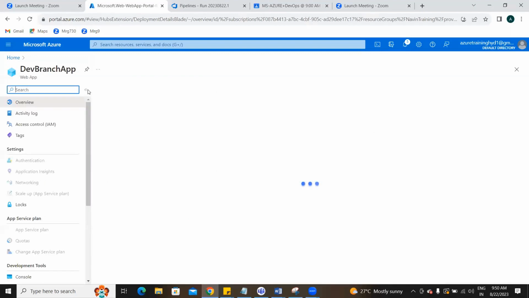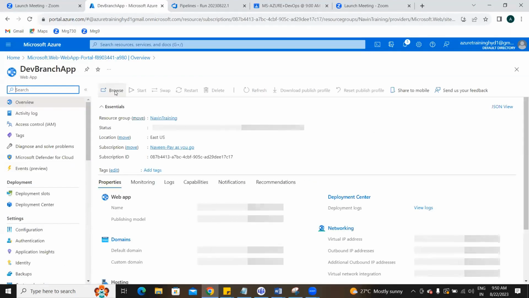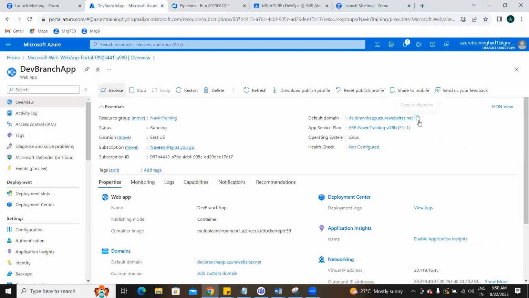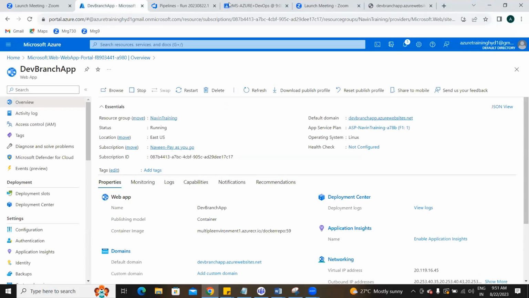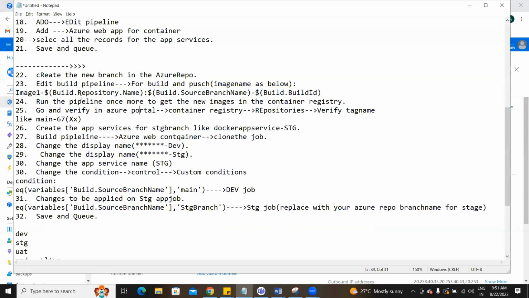Okay, it's deployed. Go back here. Since I gave the code as I am from the dev, it should be coming up the same. Okay, that's fine. This we know already. Nothing changes. We have done it here. Okay, good. So now let me go back to the dev branch here. We have to make some changes in your dev branch here. Okay. What are the changes you have to do? Let's see first.